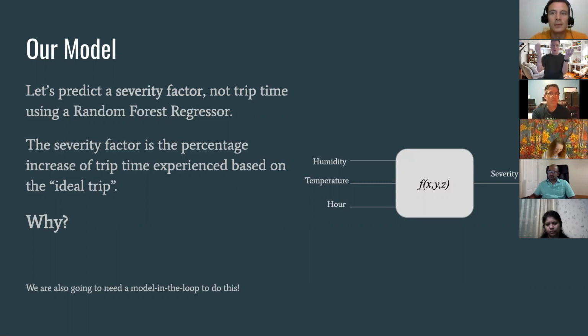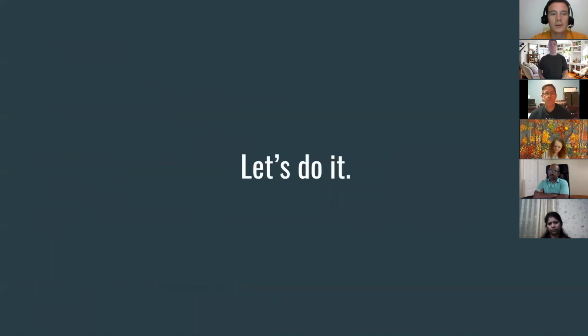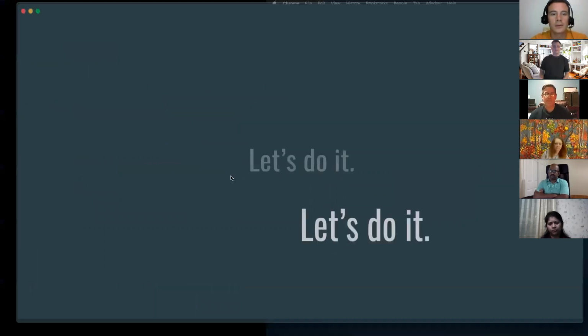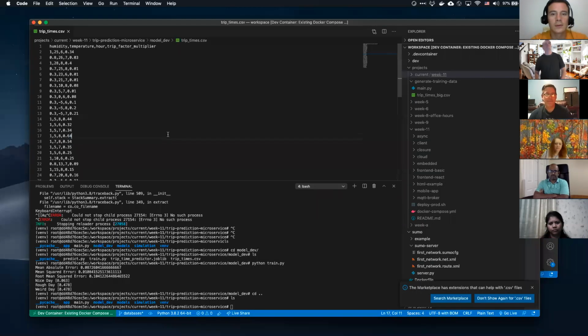And that model, though, we don't care if it lies, because what we want is that ideal trip. As long as that ideal trip, meaning no traffic, no weather, just perfect conditions, we can model that, because that's what models are really good at. So if we can run that really quickly, we can then predict the severity factor, put those two things together, and get the actual trip time. So we're going to do that tonight in our system. Let's do that. All right, any questions before we go crazy?